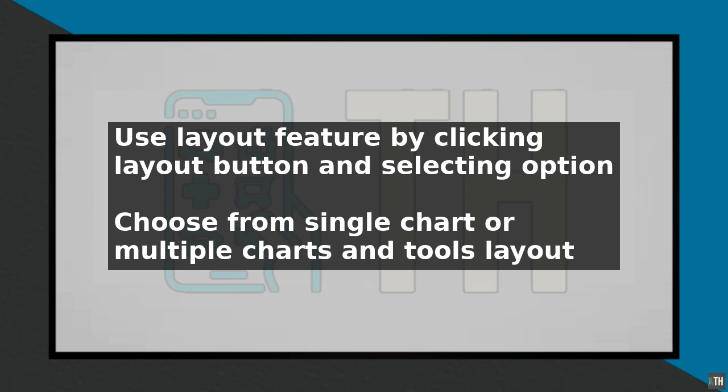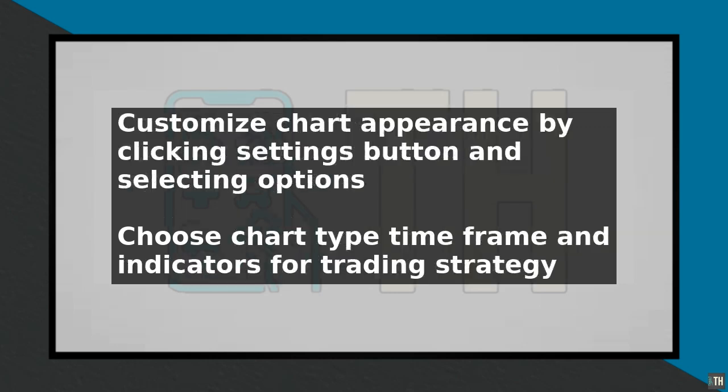to use. To make the most of your TradingView chart, it is also important to use the correct time frame and indicators for your trading strategy. For example, if you are a day trader, you may want to use a shorter time frame such as a 1-minute or 5-minute chart, while a swing trader may want to use a longer time frame such as a daily